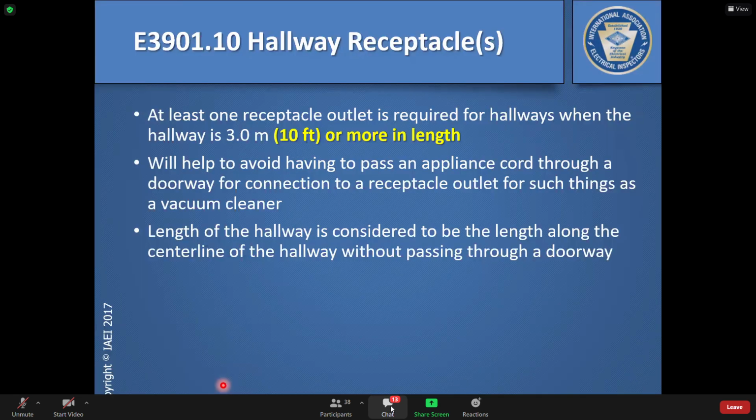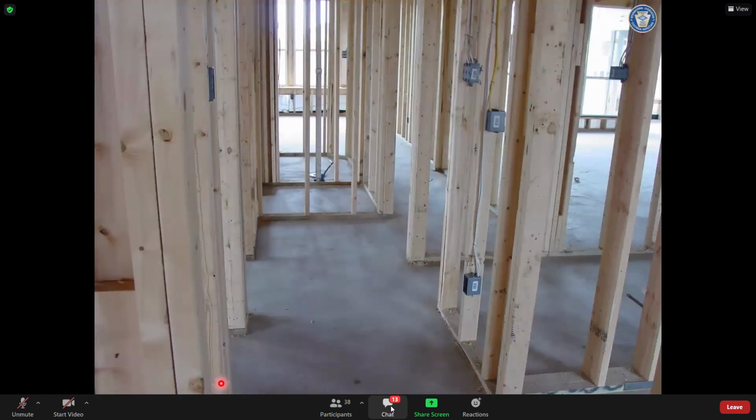Hallway receptacles, I need a receptacle in a hallway when that hallway reaches a length of 10 feet or greater. Now, again, a lot of people will look at this code rule and say, oh, the code says I have to have a receptacle for every 10 feet of a hallway. And that's not what the code says. It just simply says that once that hallway reaches a length of 10 feet or greater, you need a receptacle